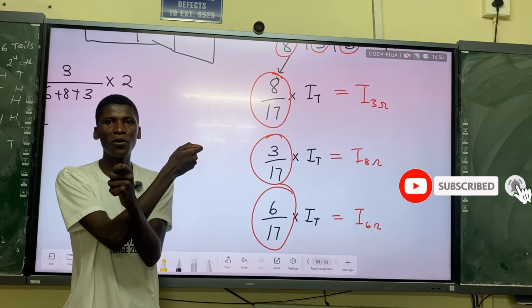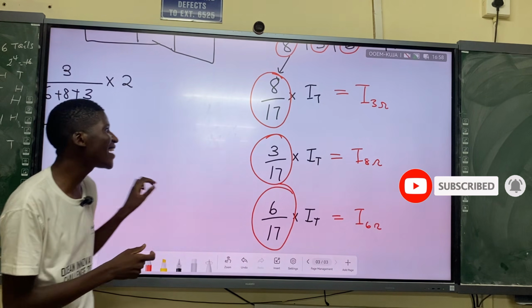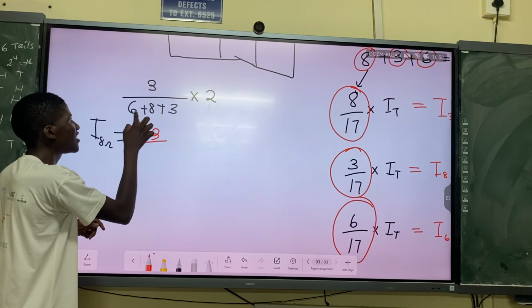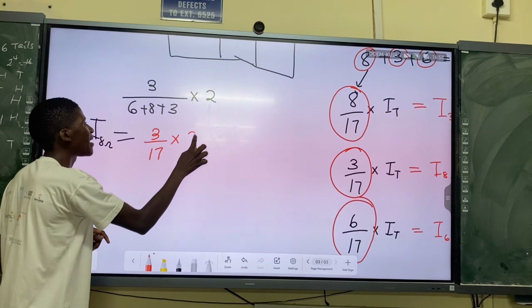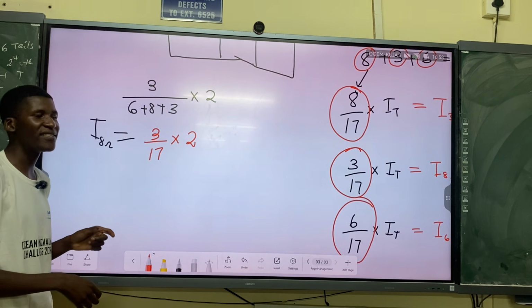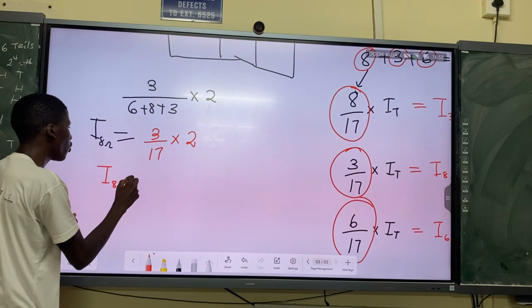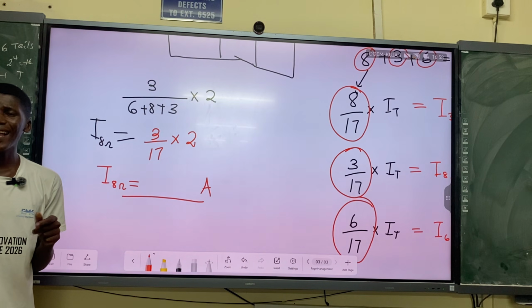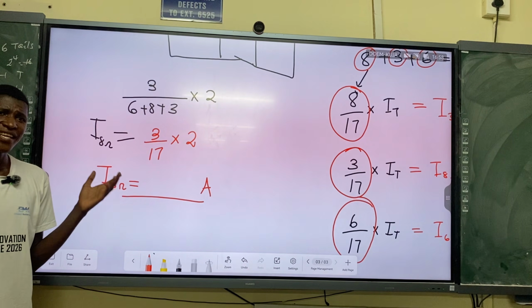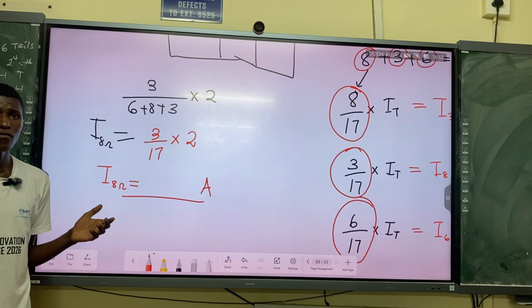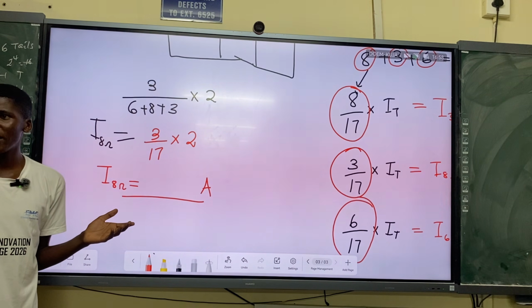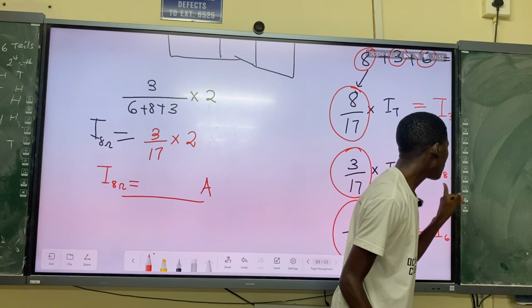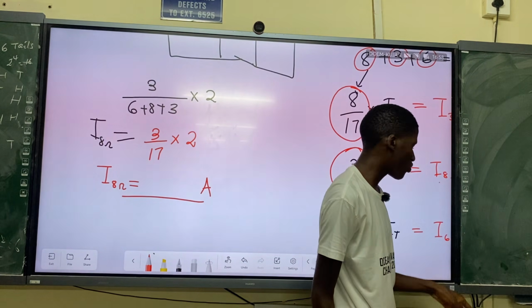Did you see that model? So you look at the portion of the current. In this case, we're going to take the portion, the portion is 3 over 6 plus 8 plus 3, which is 17, times the total current, which is what? 2 amperes. This will give us the current in the 8 ohms resistor in amperes. Did you see that? Yeah, the ratio is very simple. So you have done the source transformation here. Did you see how easy this is? I hope it's not hard, it's easy, but you guys won't have a problem doing this problem 9.